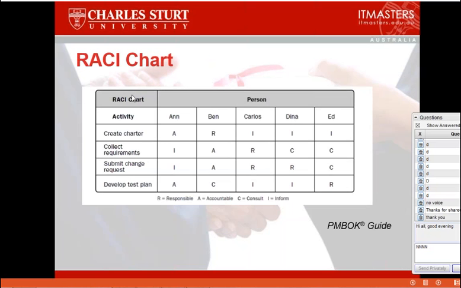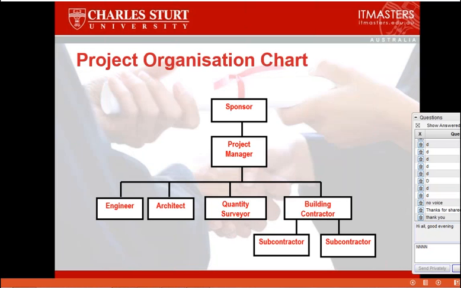This is an example of a RACI chart. A RACI chart has the names of the people who are involved, the activities which they're doing, and what's their involvement. Are they responsible? Are they accountable, consult, inform, or whatever under the various activities? And that's a chart that you might draw up to give you an idea of how people fit into the project organization, and what's their involvement in each of the activities. A typical project organization chart would look like this. This would be the project management team, where you've got the sponsor, the project manager, and then some key people from the implementation team.